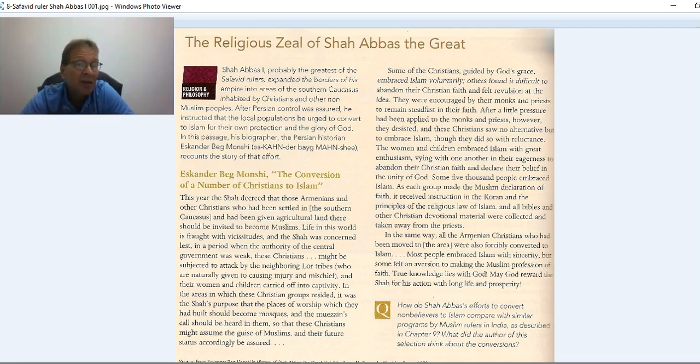And why does this dynasty eventually decline? Historians are still debating this today. Shah Abbas was probably the greatest one, and in this passage here, they describe how the conquered areas of these Persians will be forced to convert to Shia Islam.